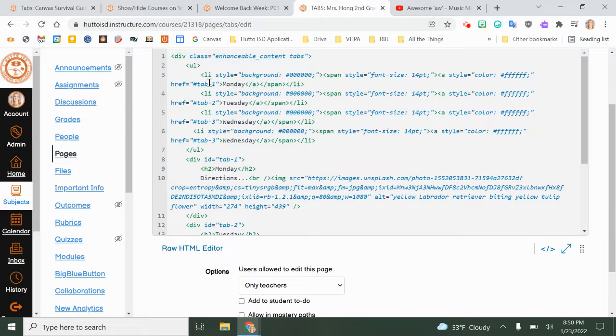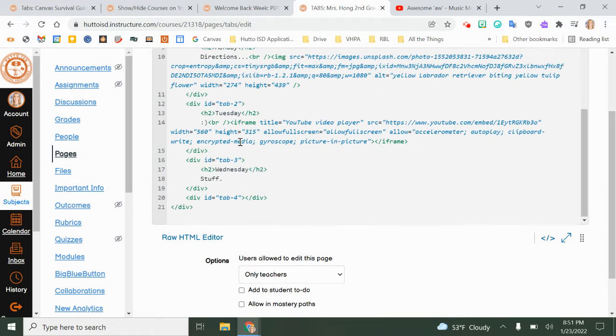They all have these specific numbers. So here's number tab 1, number tab 2, number tab 3, number tab 3. I need to make this 4. This is my 4th tab. And then I can change the title to whatever I want it to be. And then I need to come back down here and I need to add